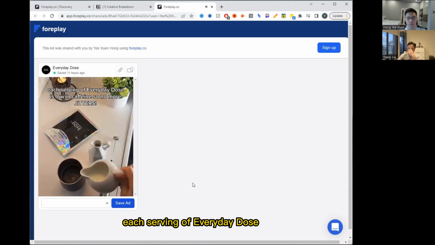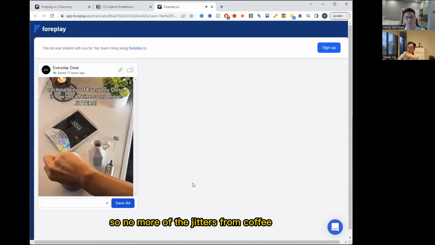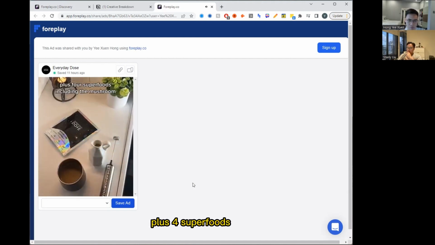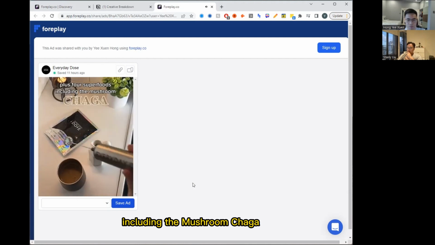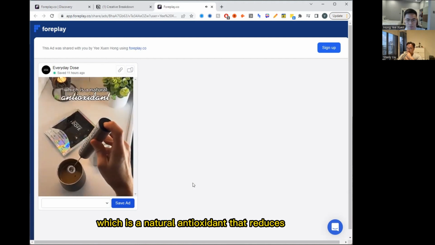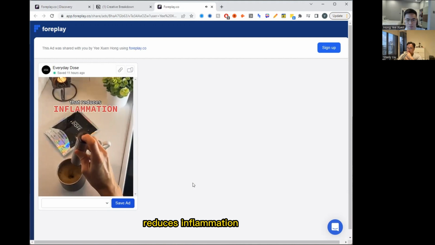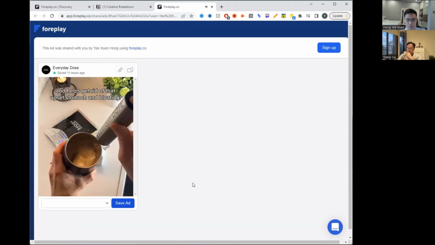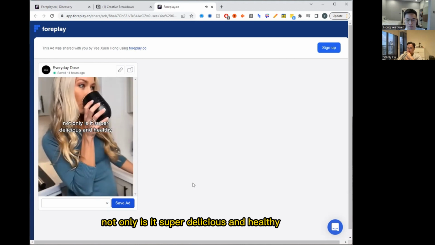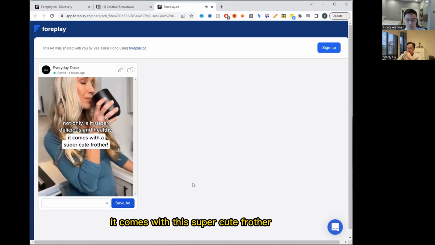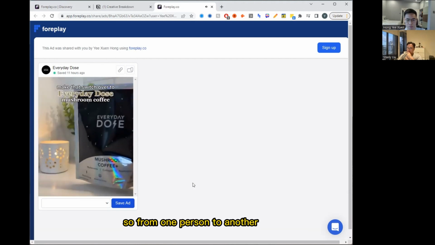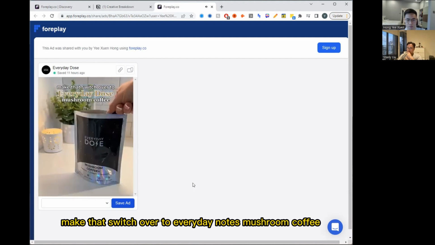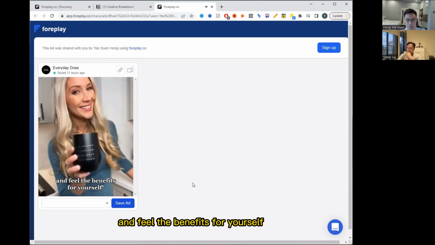Each serving of Everyday Dose has a low amount of caffeine, so no more of the jitters from coffee, plus 4 superfoods, including the mushroom chaga, which is a natural antioxidant that reduces inflammation and helps get rid of that upset stomach and bloating. Not only is it super delicious and healthy, it comes with this super cute frother. So from one person to another, make that switch over to Everyday Dose mushroom coffee and feel the benefits for